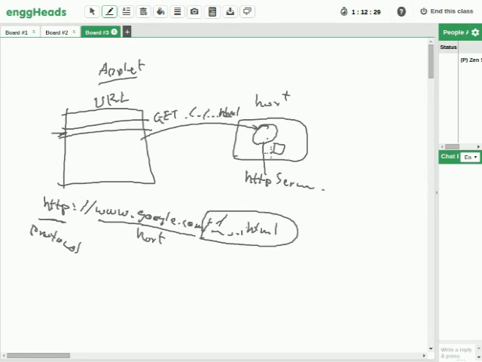When it tries to locate whatever is the resource you're asking for, that's our resource. So it tries to locate such a resource on the host machine. The server here is referred to as a host. On this host, it will look for this resource. If it finds such a resource, the content of that resource is going to be sent as a response back to the